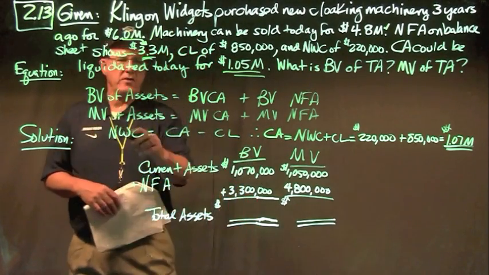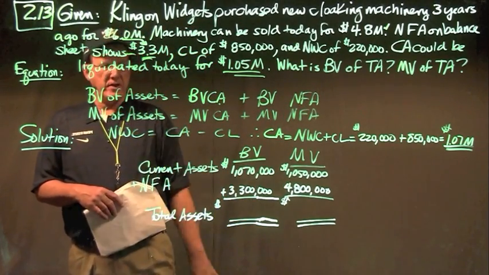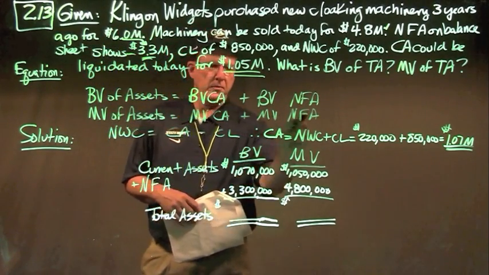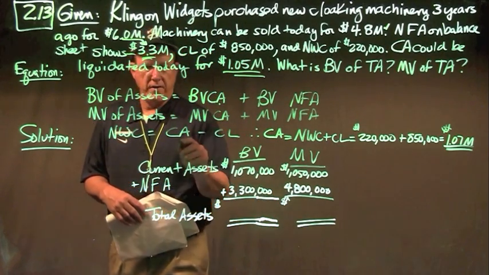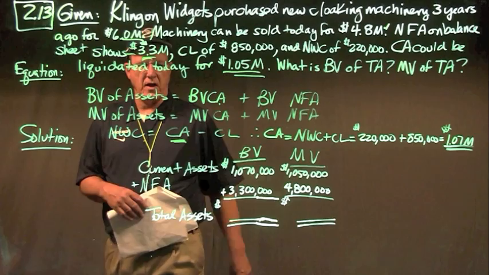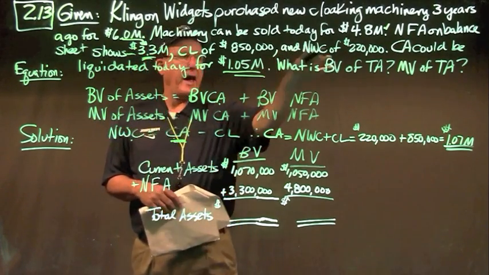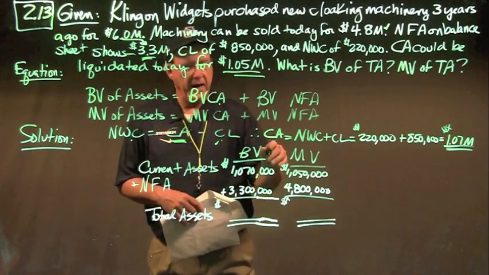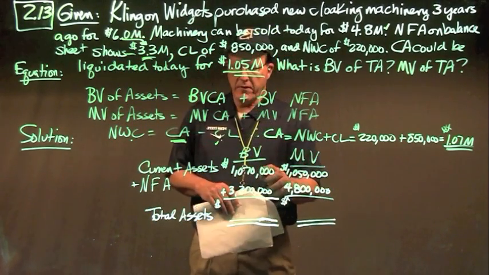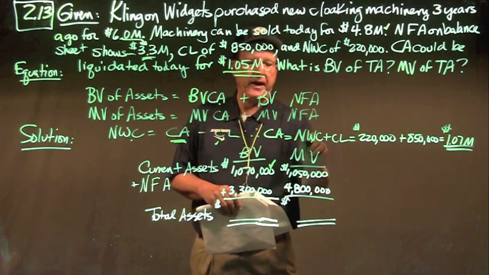So book value of assets is book value of current assets plus book value of net fixed assets. Market value of assets equals market value of current assets plus market value of net fixed assets. So there are your two equations. As we all know, if I need to calculate current assets, because it's not given, I can use a net working capital equation, because net working capital is given and current liabilities are given. So to find the book value of my current assets, which is the first thing I need right here, I can take my net working capital